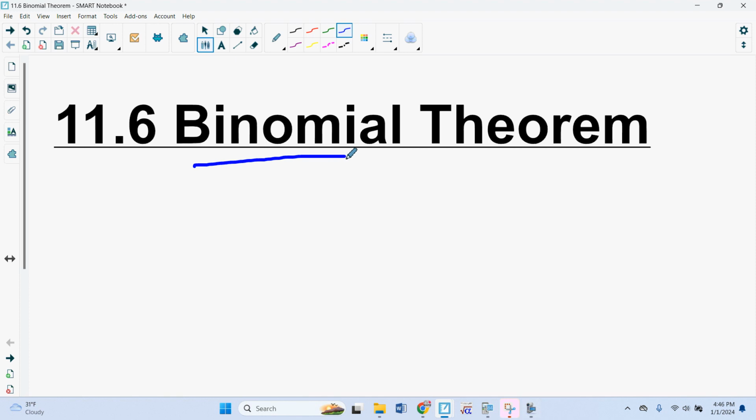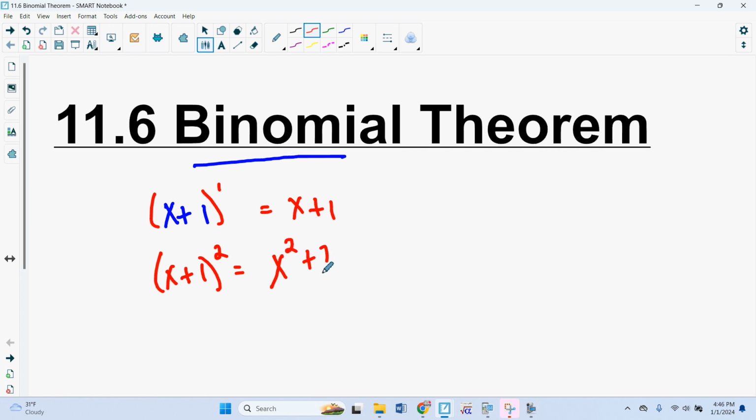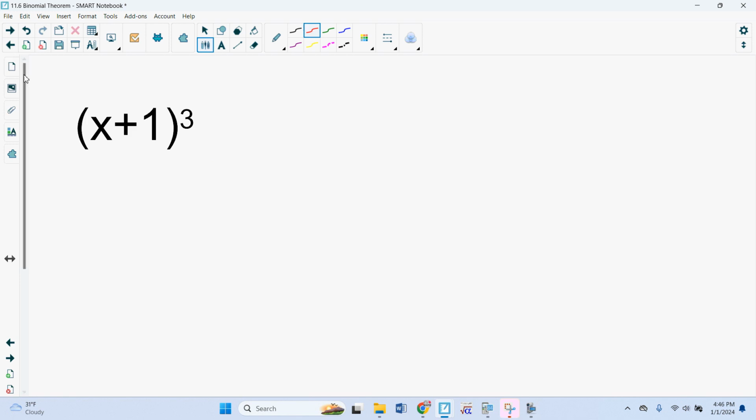Now, if you remember, binomial is something like x plus 1. So there are two terms. That's what binomial means. And what the binomial theorem does is give us, if we have x plus 1 to the first, well, that's just x plus 1. If we have x plus 1 squared, then we'd have to FOIL that, and that is x squared plus 2x plus 1. But let's say we had x plus 1 cubed. That would be x plus 1